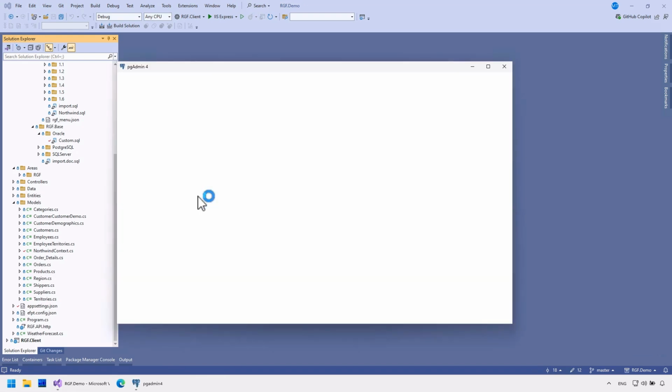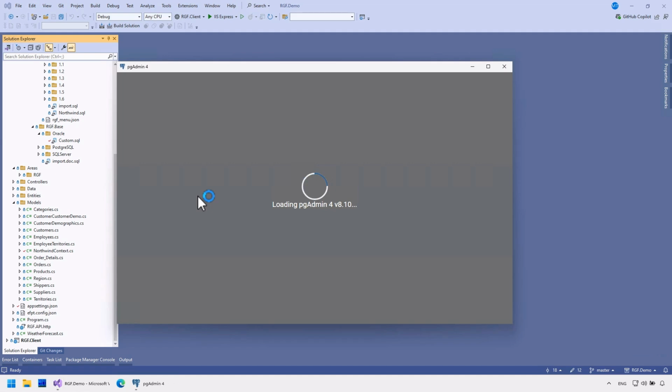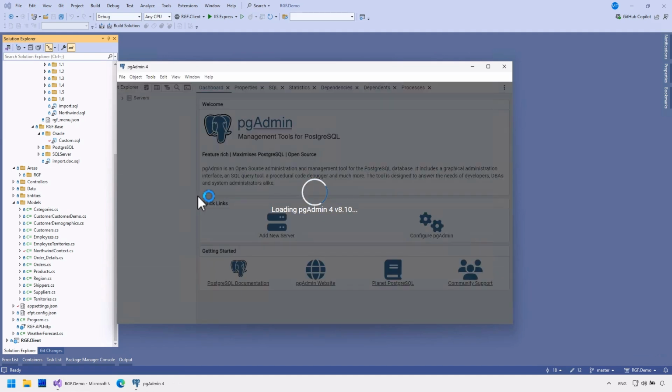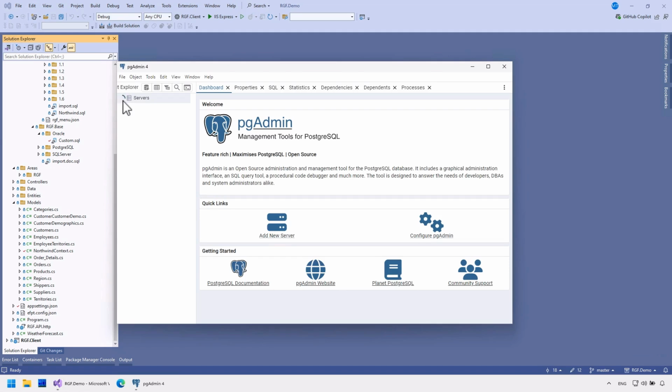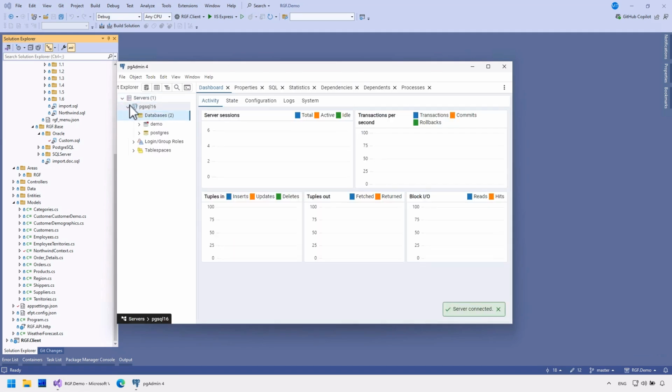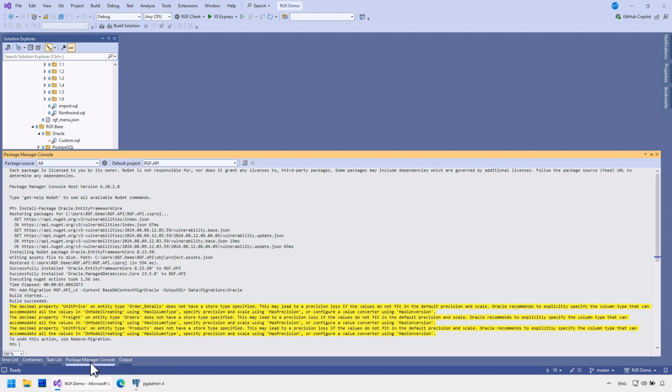I had already installed this server as well. You can see that the connection works, but the database is not there yet. First, I need to add the necessary package for this as well.